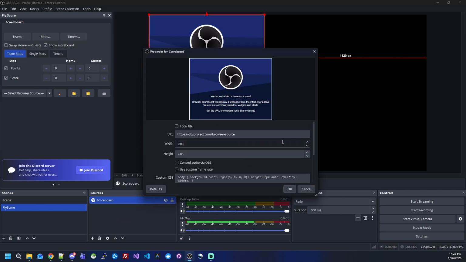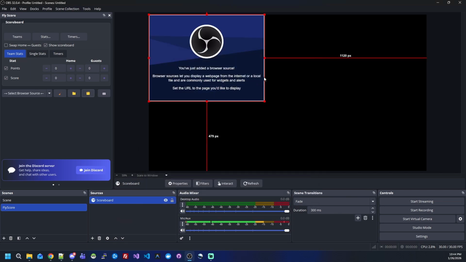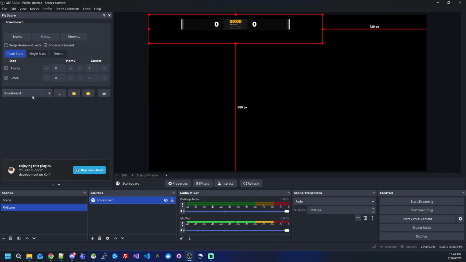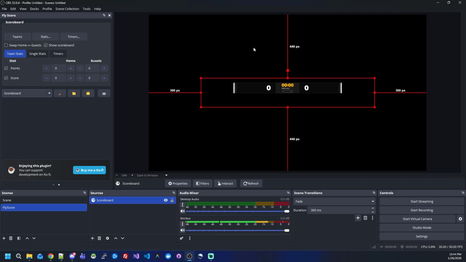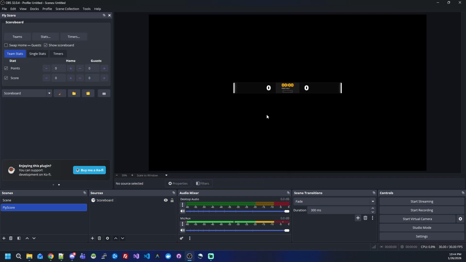Hit OK. You don't have to edit anything there. And now you'll see the drop down, it's enabled, and you can select the browser source to create and update your data. Okay, this is just a basic